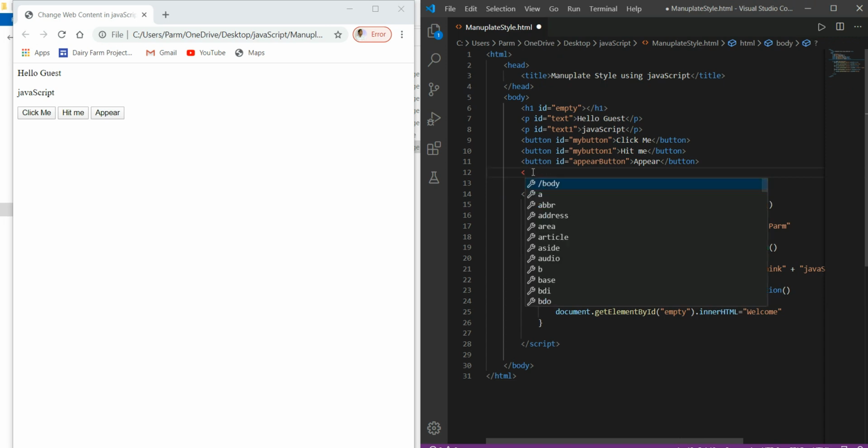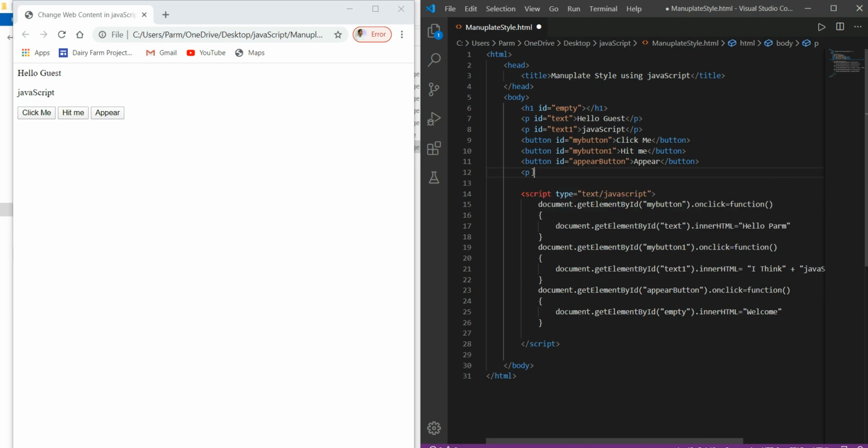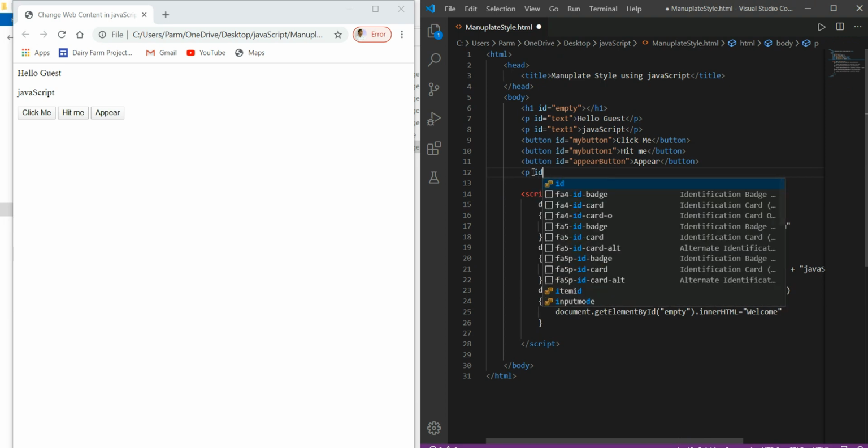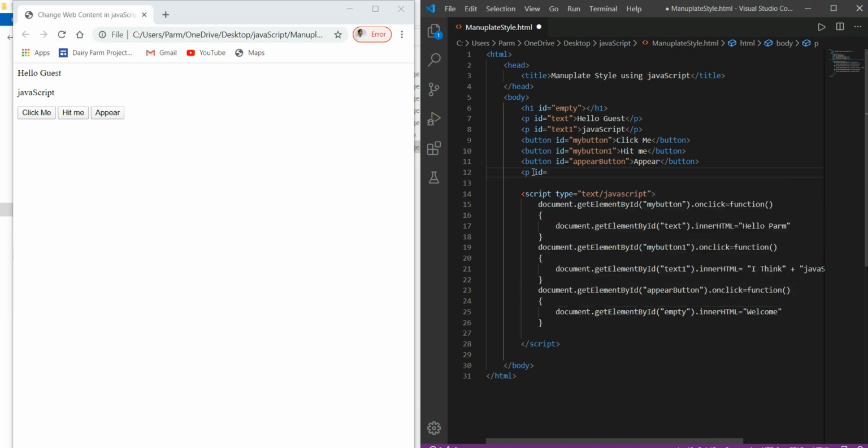Okay, so in our case I will take a paragraph, and to give an ID to this, say this time I'm giving it the ID text2, or you can give a valuable ID. Here I write: this is a paragraph to see the example.